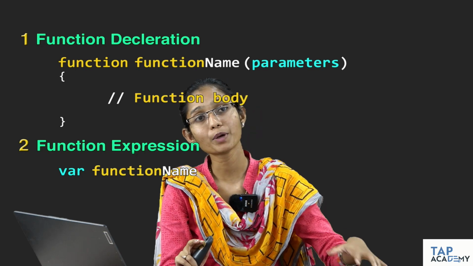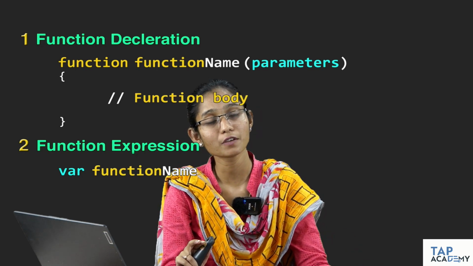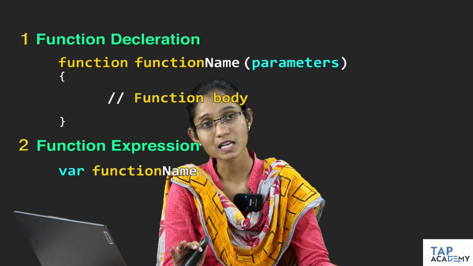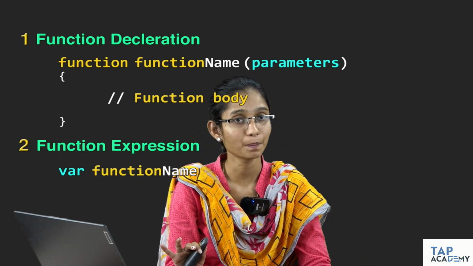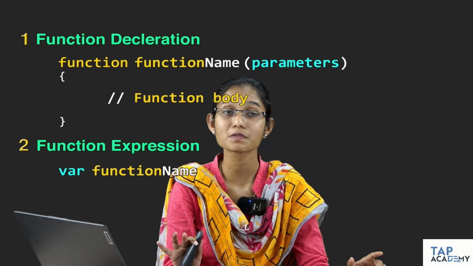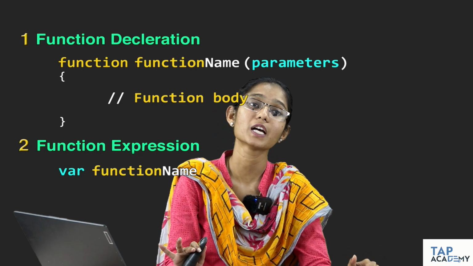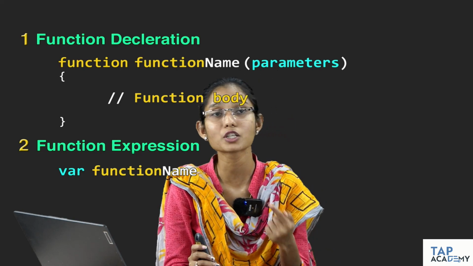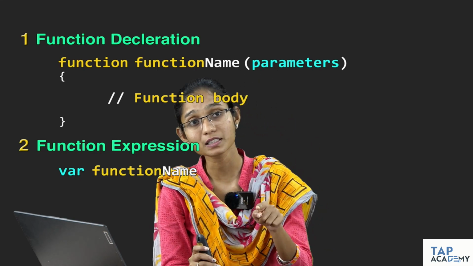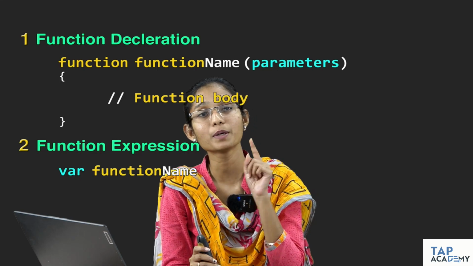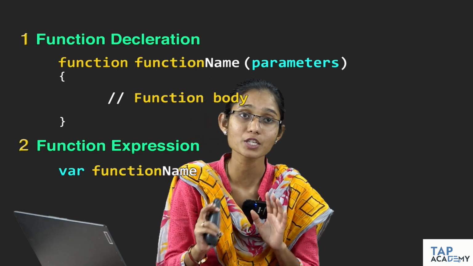So few people will tell this as a function name, few people will tell this as a variable name. As a standard you can call it a variable name, but since we will be invoking it, whenever we create a function and invoke it, we use the function name. That is why in the syntax, instead of writing a variable name, usually they include function name only,